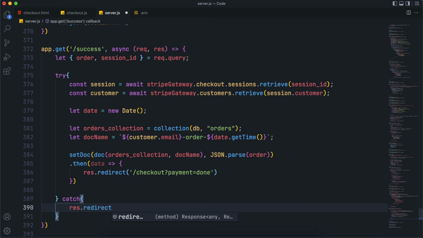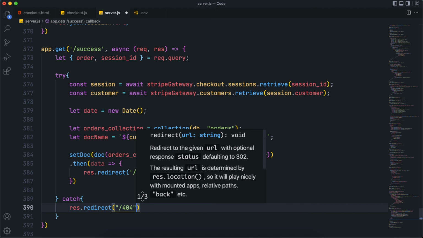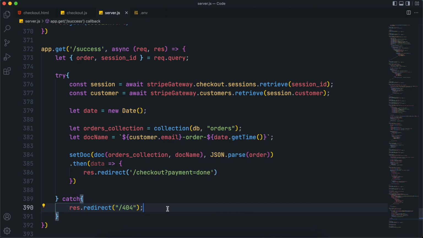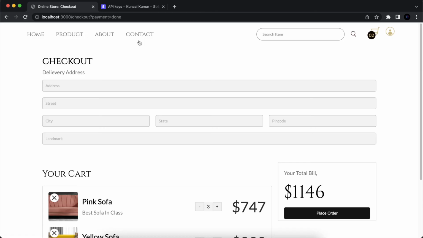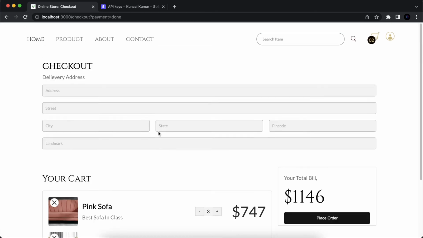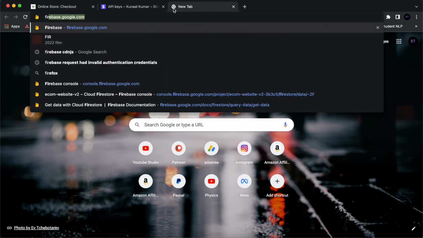And in the catch, just redirect the user to the 404 page. So if the session id is not valid, it will redirect to the 404 page. If I refresh the page again, you can see the data in the address bar. You can see I'm redirected to the checkout, and if I check the address bar, here it is: payment equal